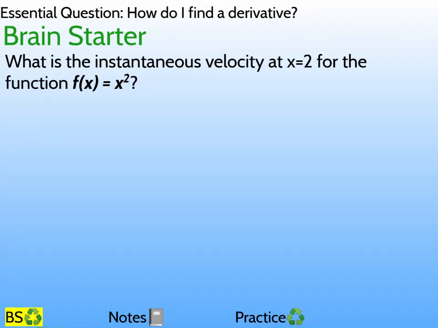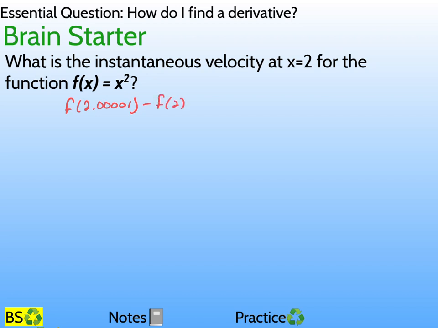This one's looking for the instantaneous velocity at x equals 2 for the function f of x equals x squared. So let's plug in values very, very close to 2 and figure out what that is. I'm going to choose f of 2.00001